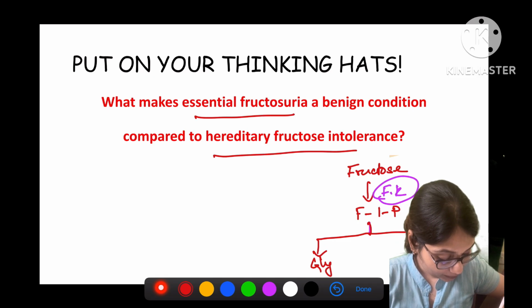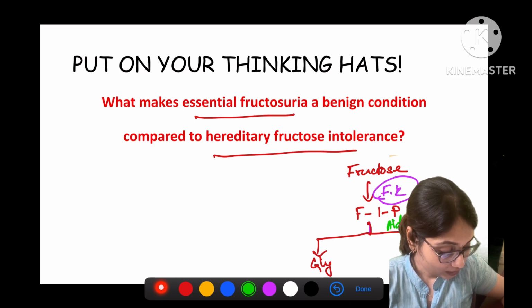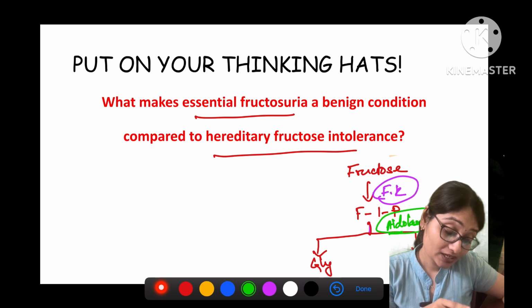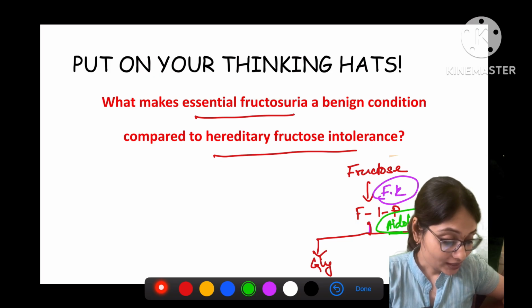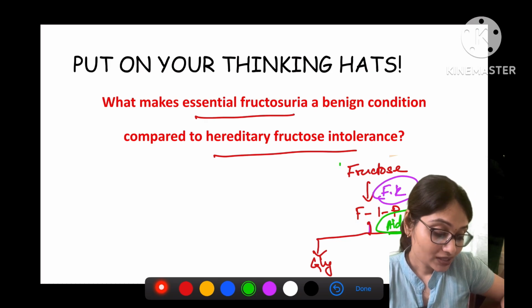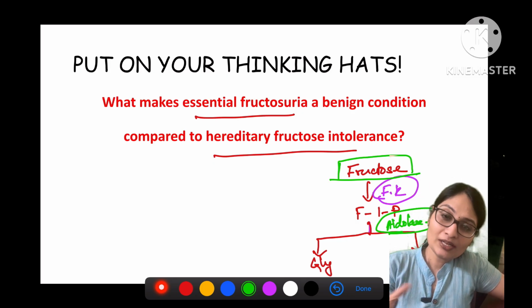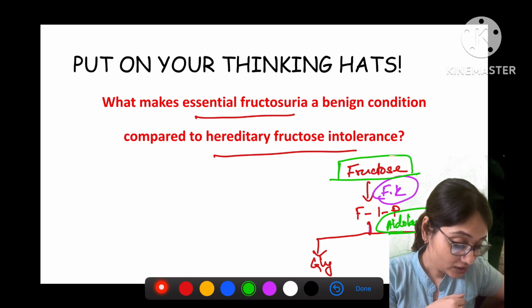And what is this enzyme here? The enzyme involved here is aldolase B. So this aldolase B deficiency results in HFI, whereas fructokinase deficiency results in fructosuria, essential fructosuria. So in essential fructosuria, what is getting accumulated is just fructose. So fructose inherently does not lead to any of the manifestations, because in aldolase B deficiency, what is accumulating is